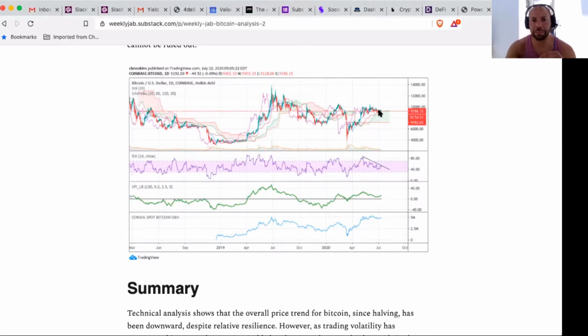What you're seeing right here is price continually trying to drop back into the cloud. But because we've got this huge cloud right here that offers strong support, strong buying pressure for price, you've seen it repeatedly getting bought up, bouncing, and then bought up, bouncing. So bears are going to try to breach this particular key support level again and get price into this cloud. It's a very big cloud. It's a very strong support.